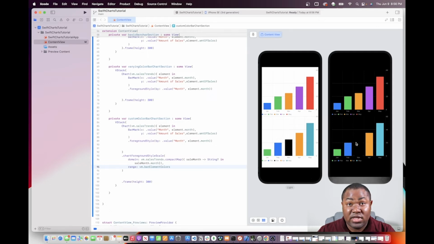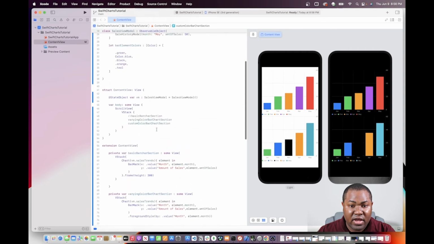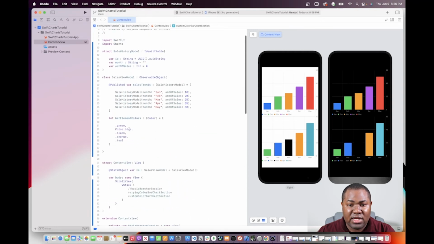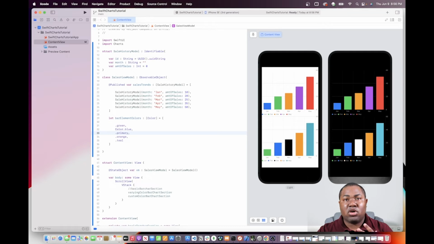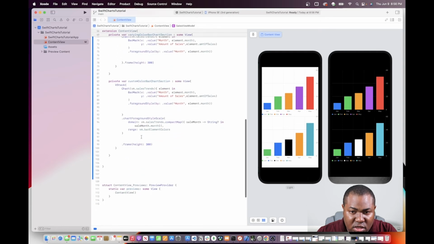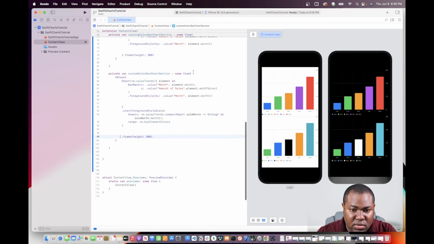So what we could do in this case, just as an example, we could go back inside of the colors that we created. Instead of saying black, we could say primary. And as you know, primary color dot secondary changes according to if the system is experiencing dark mode or light mode. Okay, so now that we have defined that one,